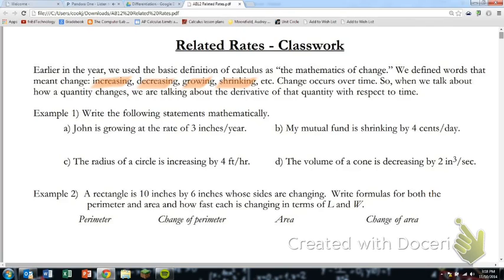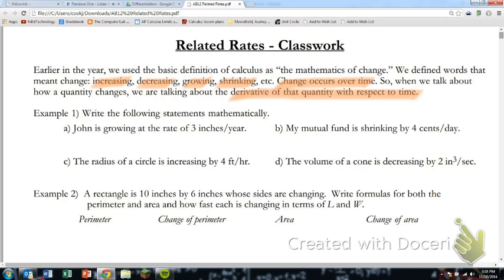And in the real world, change occurs over time. So when we talk about how a quantity changes, we're talking about the derivative of that quantity with respect to time. So in real world applications, a lot of times what we're respecting when we take the derivatives is time. So just to kind of get you familiar with some of the notation you're going to see, example 1 says,